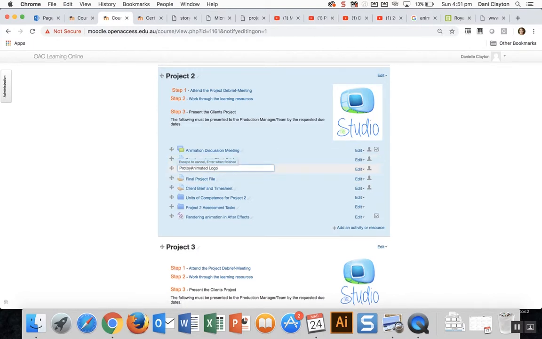Oops, didn't work. And then the final project file involves your screenshot, final animation file, timesheet. Okay, for some reason it's not working. I will fix those. I'm not quite sure why it's being slow. I think my internet's been quite slow. So I'll fix those, but please make sure that you upload your files in the correct